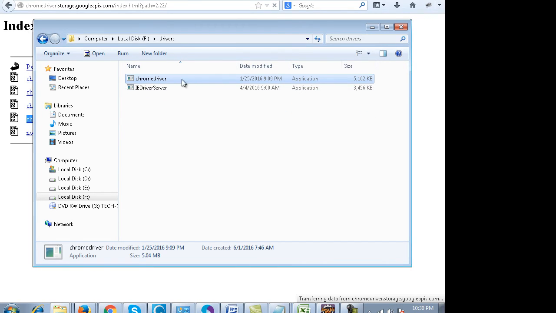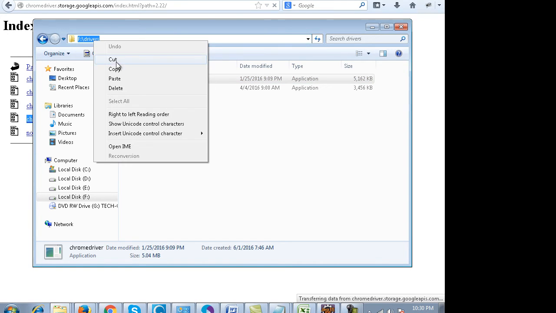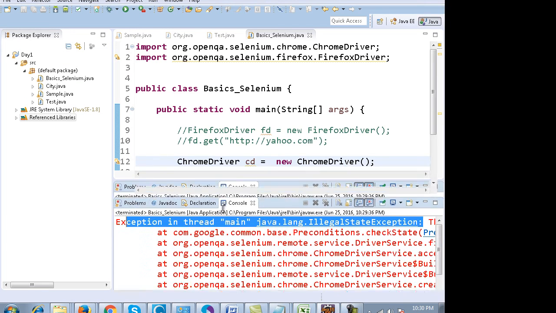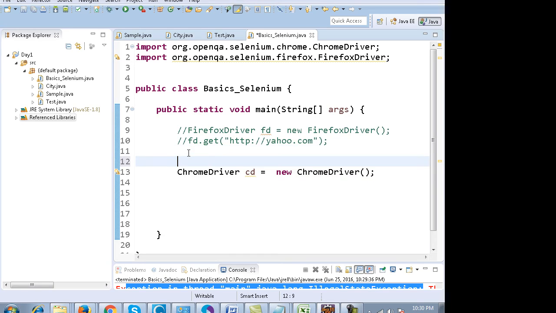you will get this chromedriver.exe file. Don't run this file. You will not get anything by running it. What you need to do is note down the path where you have kept this file. Go to your program and then write this line: